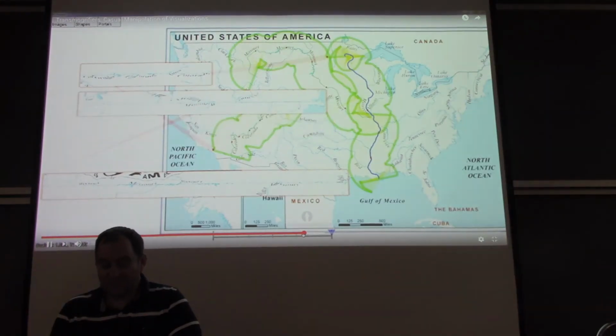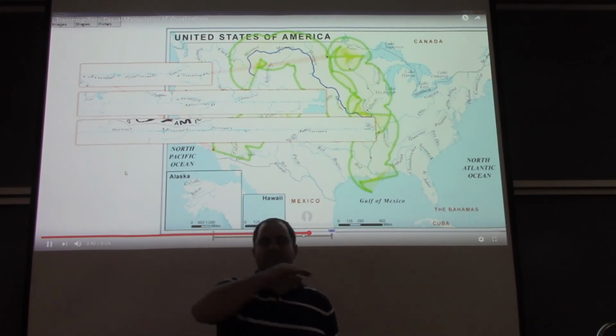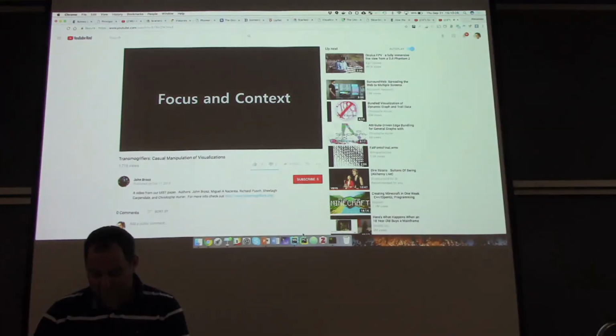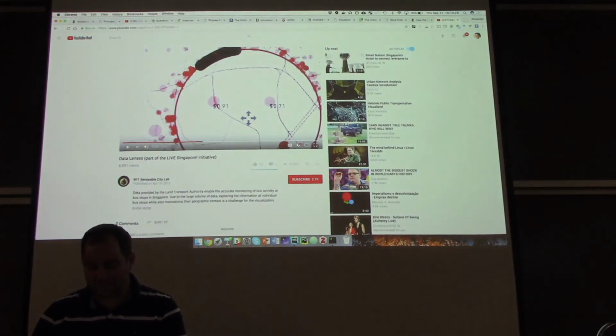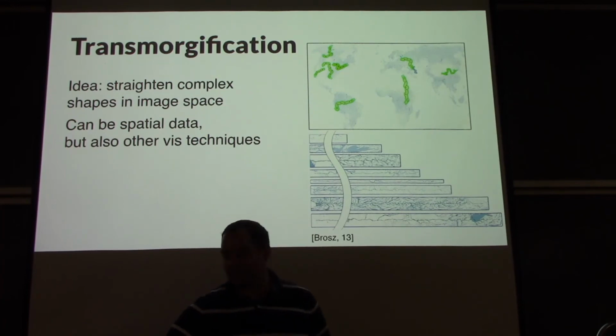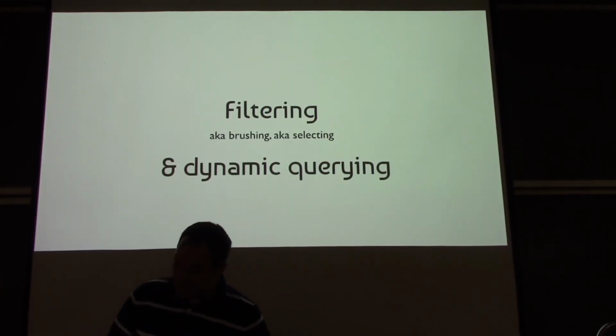And then you could trace a river, for example, and show the river straight and then everything else close to it. So this is pretty neat, and I really like the implementation, but I would also say that the application scenarios are somewhat limited. Okay,